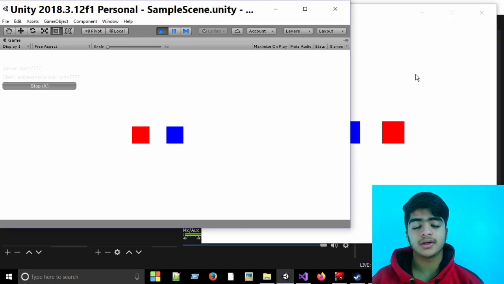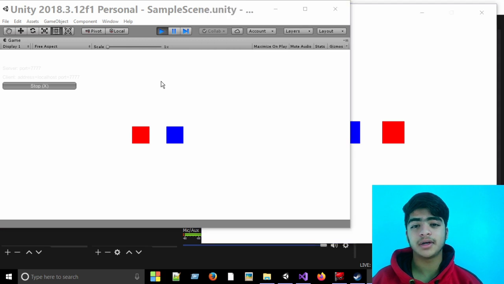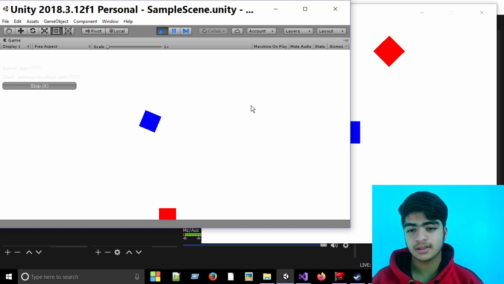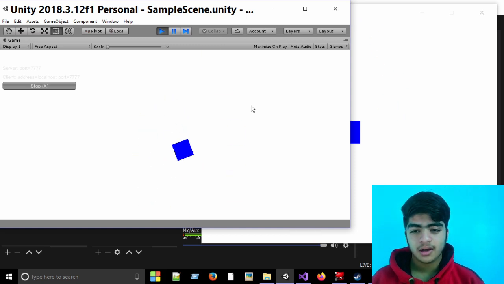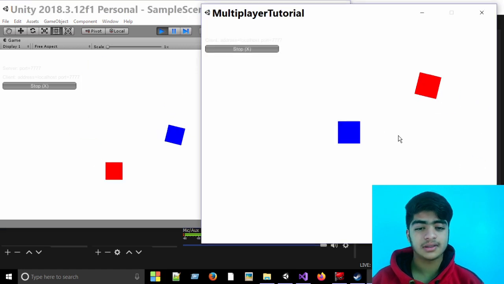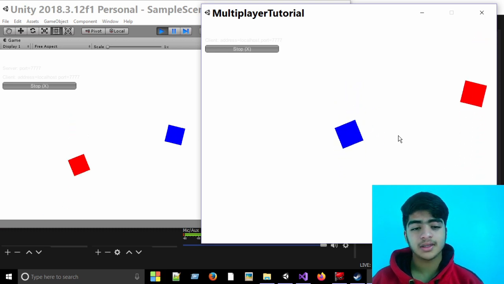Also, as each device has one main camera, that main camera would be following the local player of that particular device, and we are controlling the local player of a device by adding some force and torque to it. So by the control keys you can see that I can move my player, and that transform is being synced to the other device. Similarly for this device also,